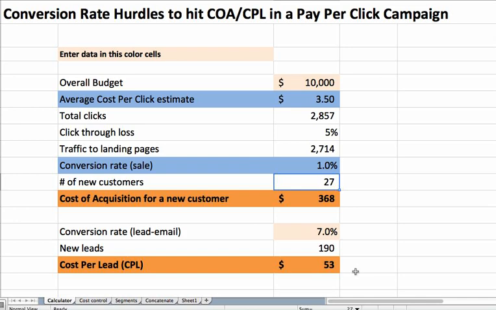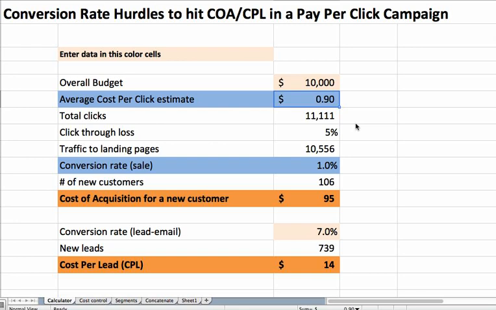Now, let's say that you are interested in seeing the effects that various things have, because you look at this and you say, wow, I can't afford to pay $368. I was kind of hoping to acquire for under $100. Well, let's ask the question, what do we have to do if we lower our cost per click to $2? Well, that's going to get us down to $2.11, and if we lower it to $1, it's going to get us down to $105, so we probably need to be around 90 cents, 95 cents to get below a cost of acquisition of